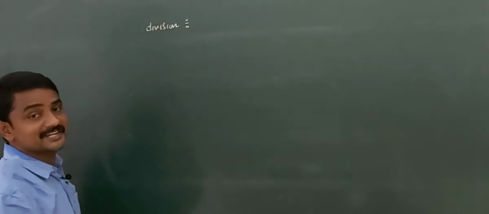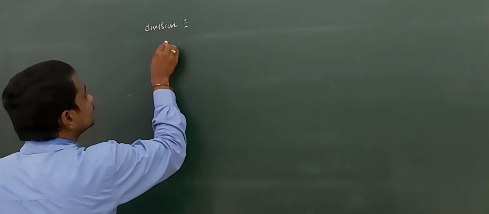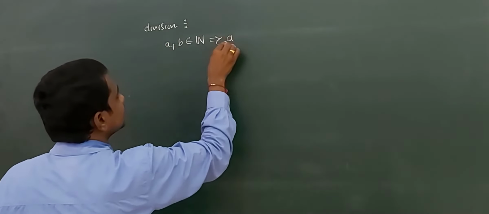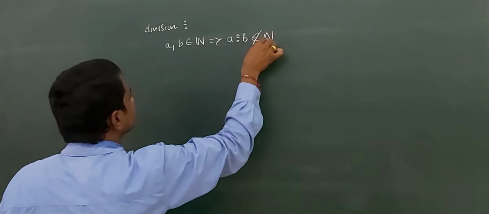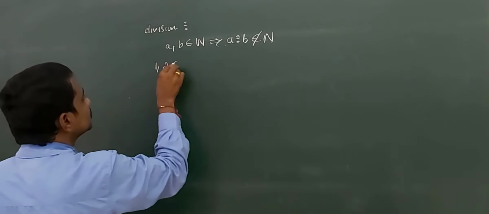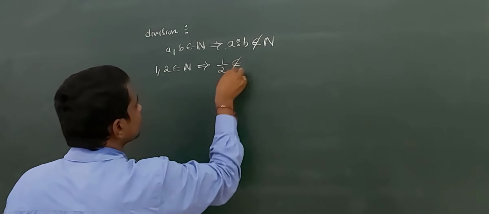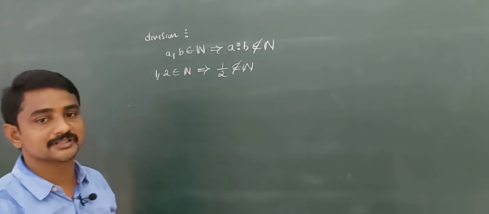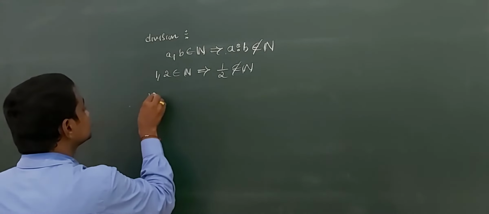Division is not a binary operation on N, because a, b belongs to N does not imply a divided by b belongs to N. For example, 1, 2 belongs to N, but 1 by 2 does not belong to N. So division is not a binary operation on N. Next, multiplication,